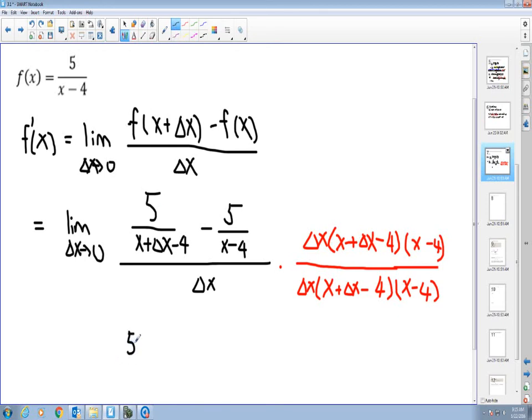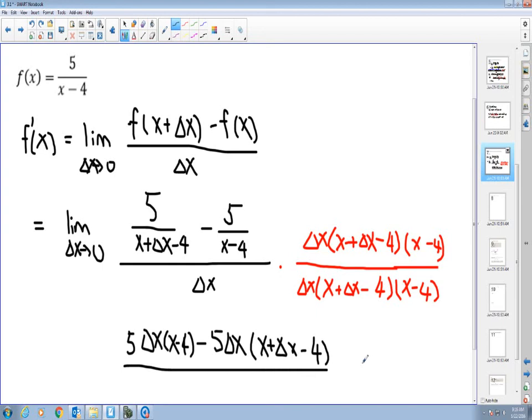So there will be 5 times delta of x times x minus 4, minus 5 times, all right, this denominator x minus 4 will cancel out right there. That will leave me with delta of x times x plus delta of x minus 4. All right, whole thing over